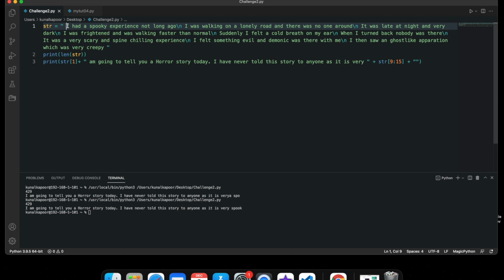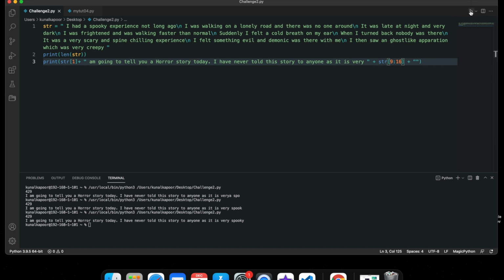Okay, 1 through 15. Okay, now I'm getting spooky, because the upper bound is not included and this is the 15th character. So I took one more.